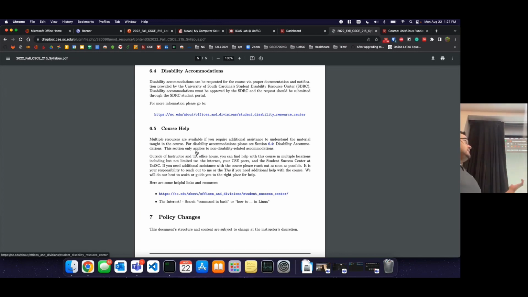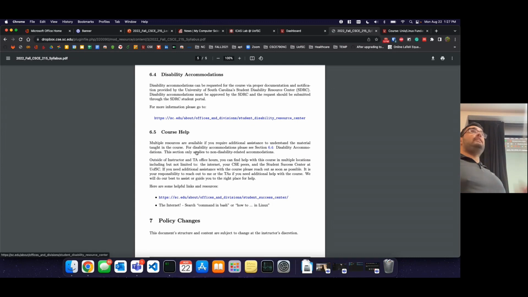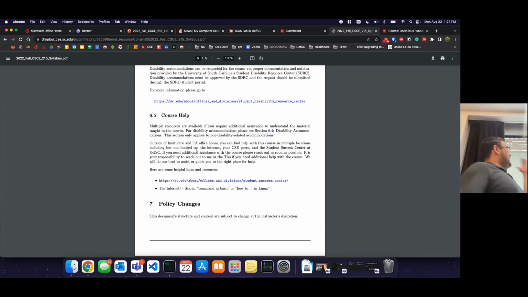If you have disabilities and you need some kind of accommodation, you can reach out to the Student Disability Center, and they can help coordinate that with me so that you can get the resources and accommodations you need. And then finally, course help. This is outside of disabilities.